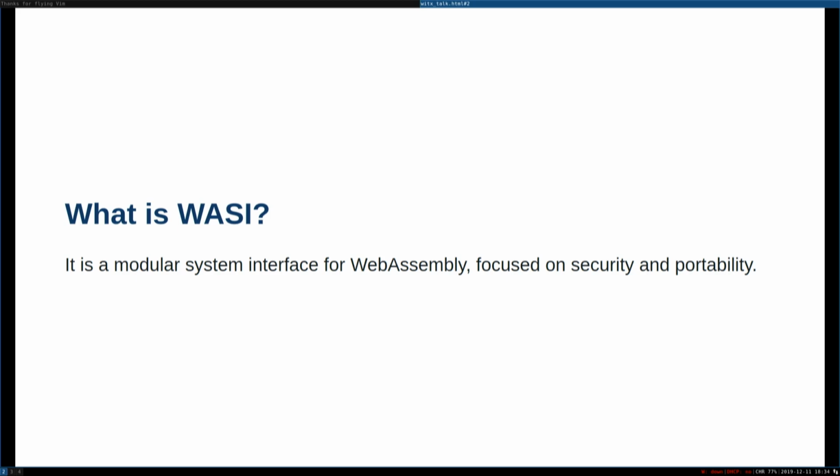WASI is a modular systems interface, and systems means the stuff you usually find on a desktop application, like your regular Unix application, LibC, and it can mean all kinds of things beyond that. We're not trying to be restrictive to this is just POSIX or just things that are compatible with POSIX and Windows. We want it to be a big tent of interfaces as long as they are useful to multiple WebAssembly implementations. We want to have standards that help you be compatible no matter where you're running.